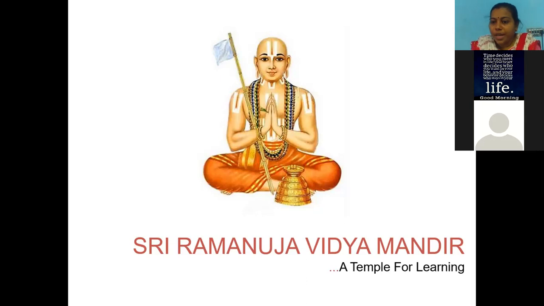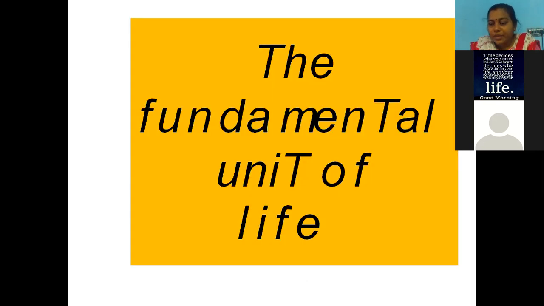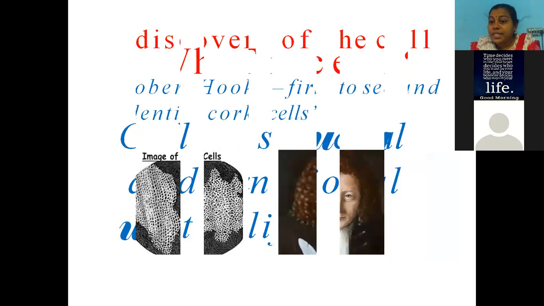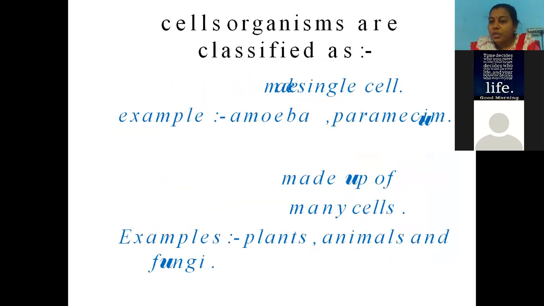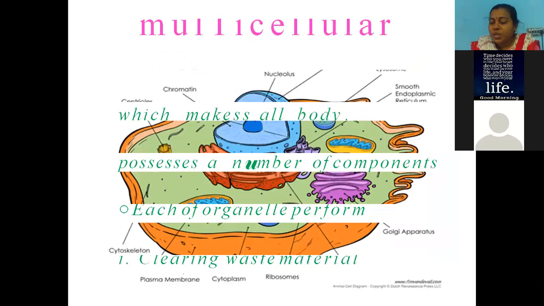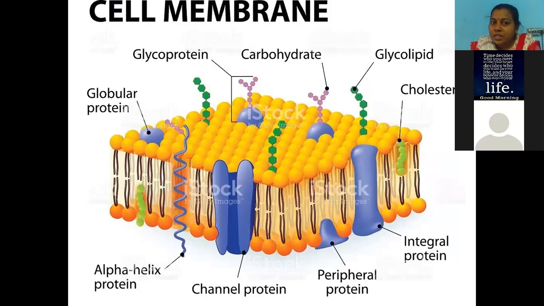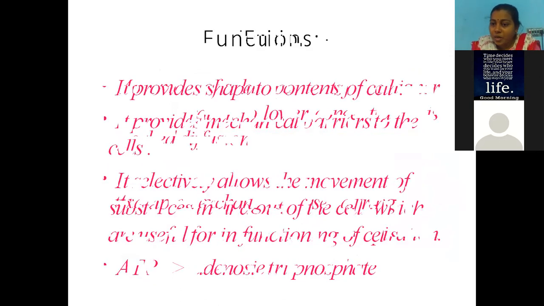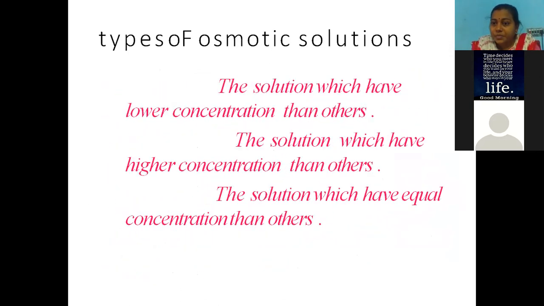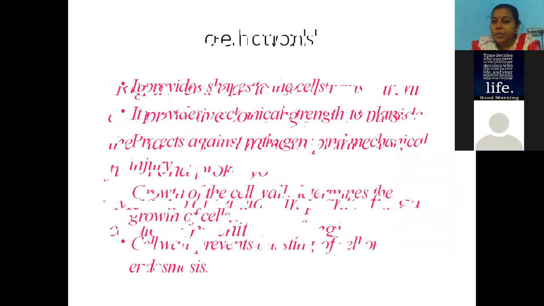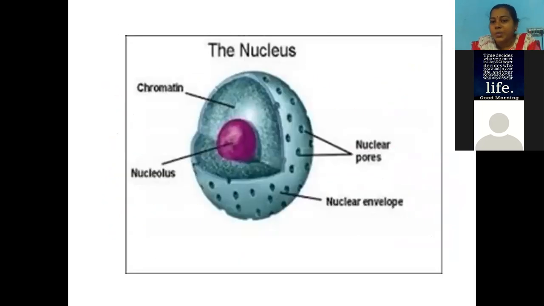Okay, now let us start our lesson. Cell is the fundamental unit of life. Already we discussed the cell, its structure, and now we are discussing the internal structures of the cell known as cell organelles. We discussed the nucleus and the cytoplasm, even the plasma membrane or cell membrane, and the cell wall. Today, I am going to explain about the ER, endoplasmic reticulum.